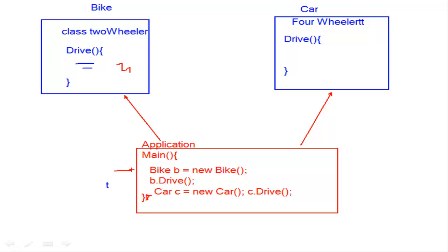Connection between the components is called cohesion. Coupling is the degree up to which one object is connected to the other. So if your component is connected to another object and the degree is much higher, we say that there is a strong coupling. Is it good or bad? If you have a strong coupling between two objects, is it good or bad? Bad. Why is it bad?